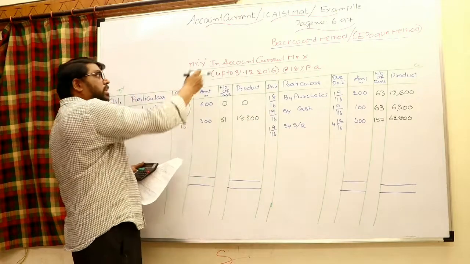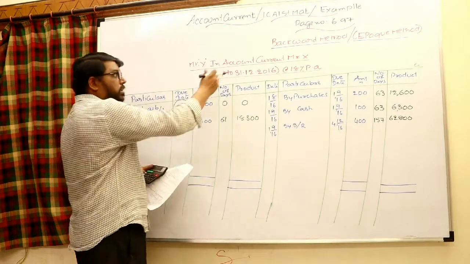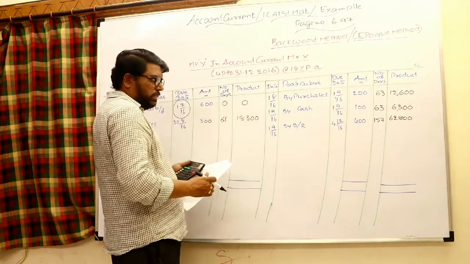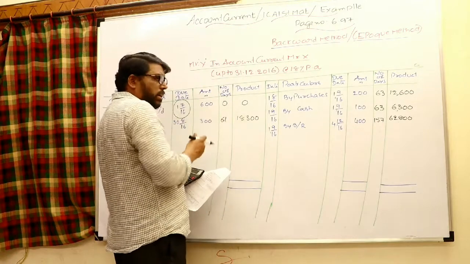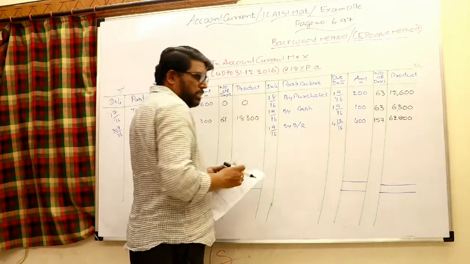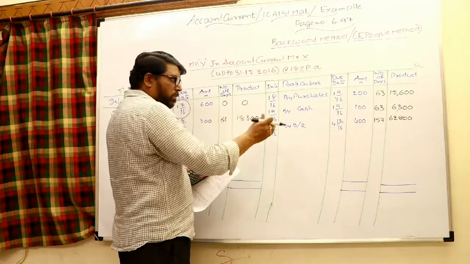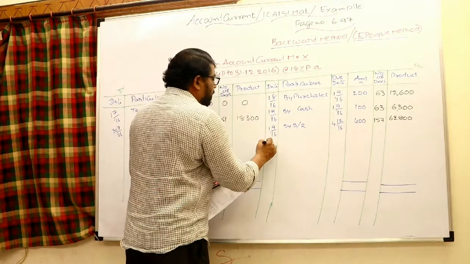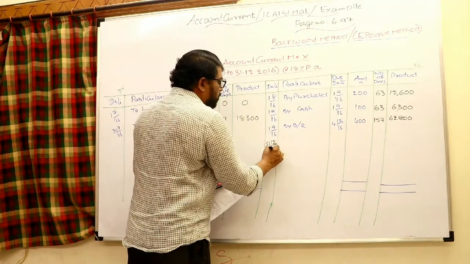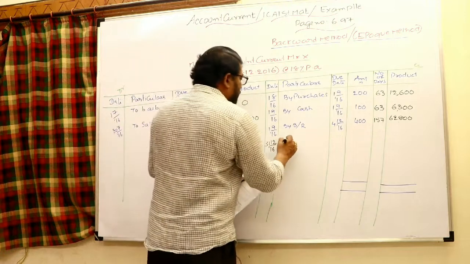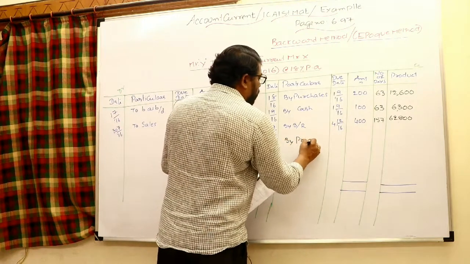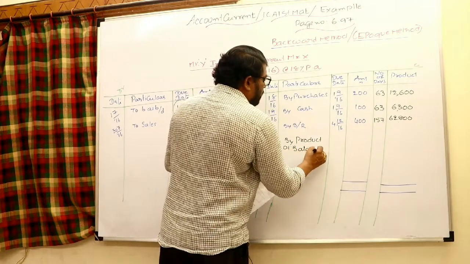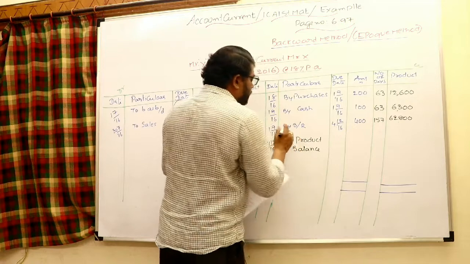But here, in the backward method, the opening balance is 0. For the closing balance you have to calculate the total number of days. You can recognize the closing balance, it is 900 minus 700, that is 200. For the closing balance you have to calculate the total number of days up to the end of the period, that is 31st December 2016. We can say that this is the product of balance. You can put a star mark here.